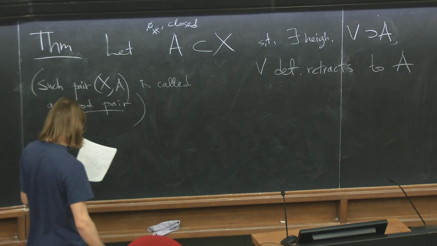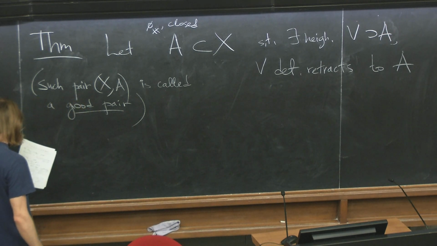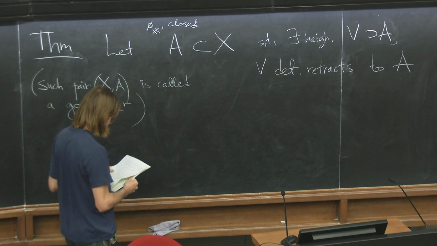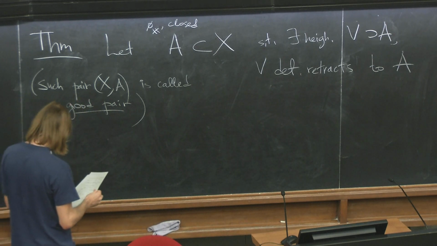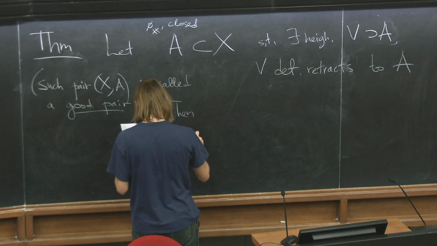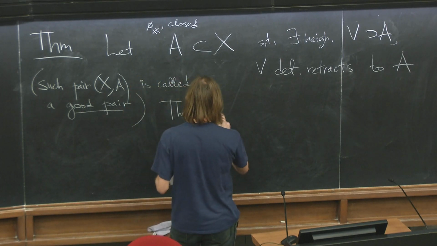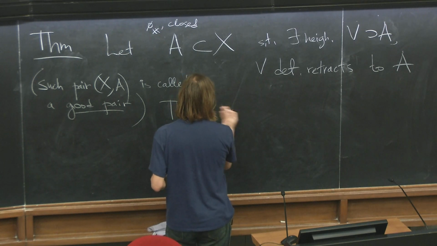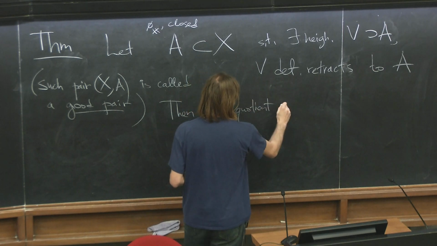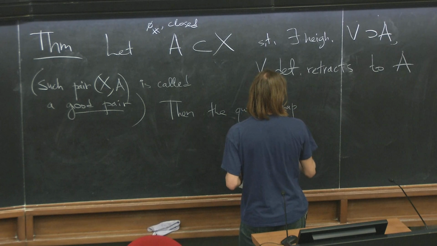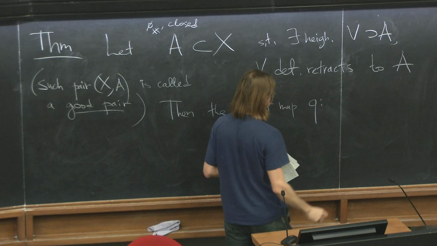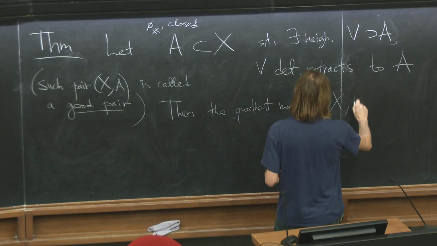This is a definition we'll be using. Okay, so these are the conditions which we want to impose, and then the statement is the following. Then the quotient map Q. So I consider this,